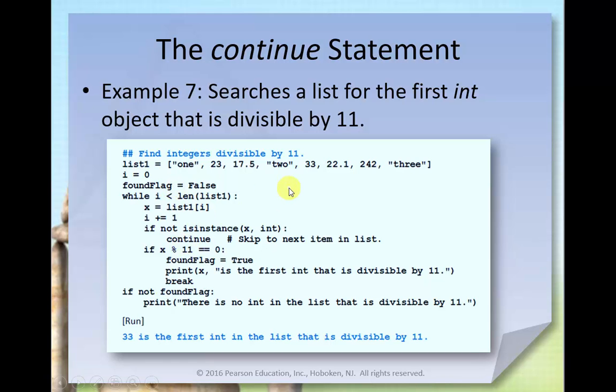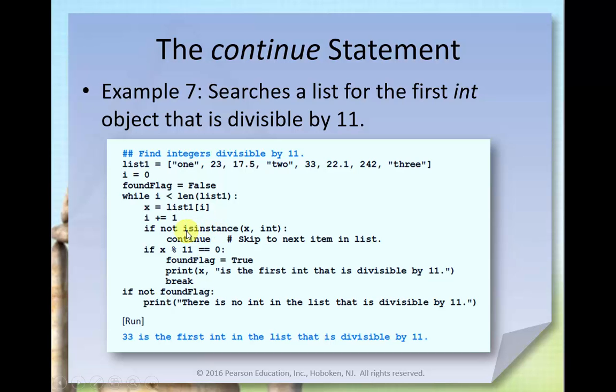This particular code is trying to find integers that are divisible by 11. It has a bunch of things in a list, so it's going to test each one of these things to see if it's divisible by 11. It sets up an initial increment variable here that's just used right here. So I set i initially to 0, while i is less than the length of the list. In other words, we haven't got to the end of the list yet. Set x equal to that particular list element, and then increment your counter variable as you're going through the loop,